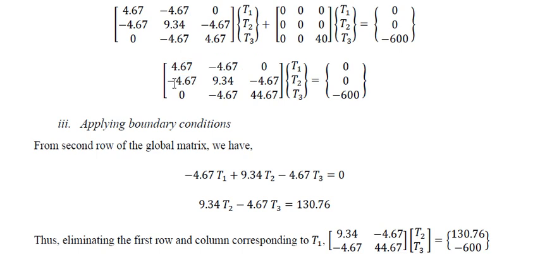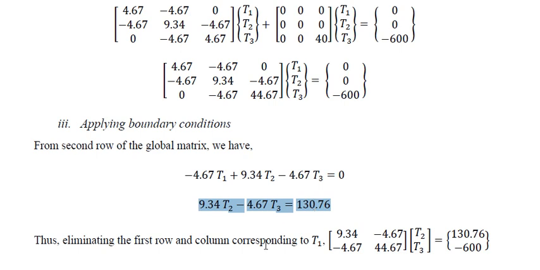Consider this entire row: minus 4.67 into T1 plus 9.34 into T2 minus 4.67 into T3 is equal to 0. That equation is written here. Now in this equation T1 is known, 28. So since T1 is known, if we replace T1 and take this term to the right side, we can write this equation like this,